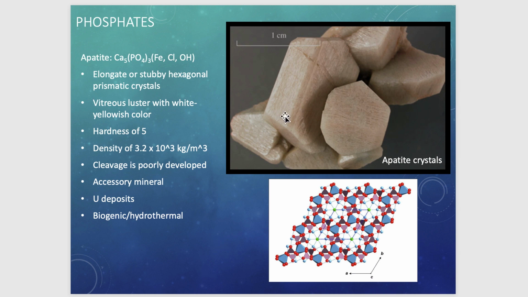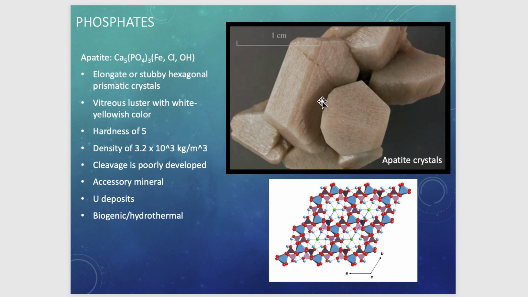You can see these crystals are relatively elongated, and they are quite stubby, and have a basal surface that is hexagonal, like the muscovite we saw before, or the biotites. The luster is vitreous with a white yellowish color. Somewhat the phosphates tend to be similar in color to feldspar. So you have to be a bit careful in assessing if a rock contains feldspar or phosphate, such as apatite,